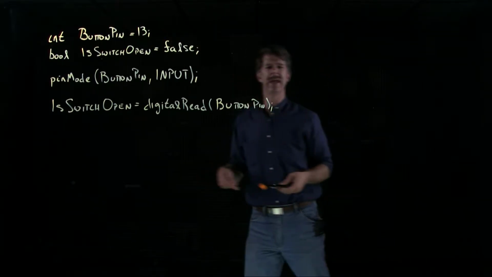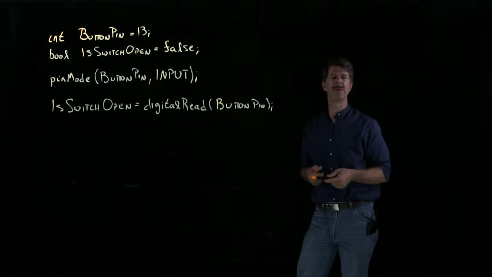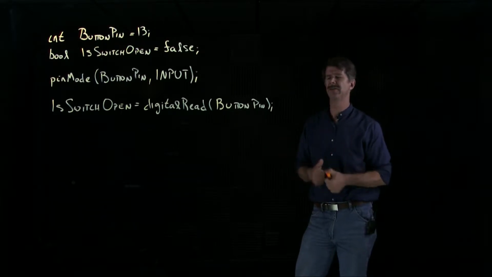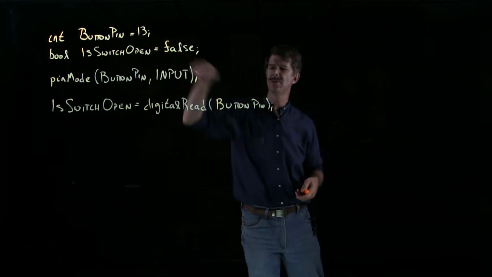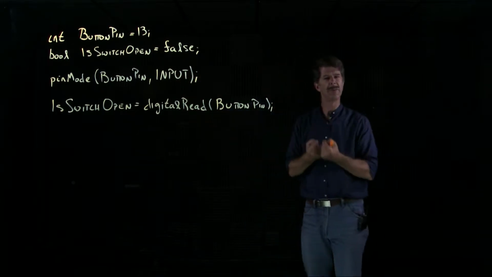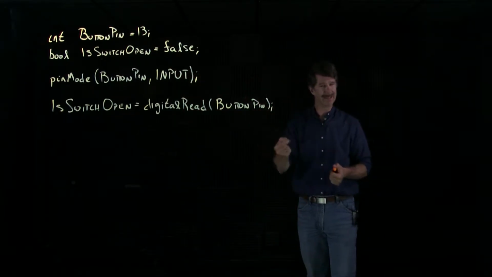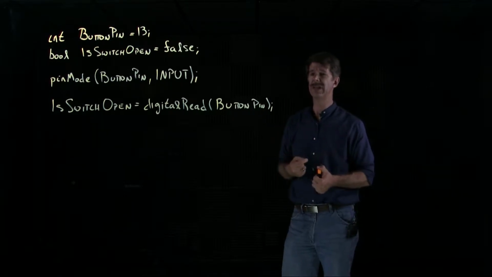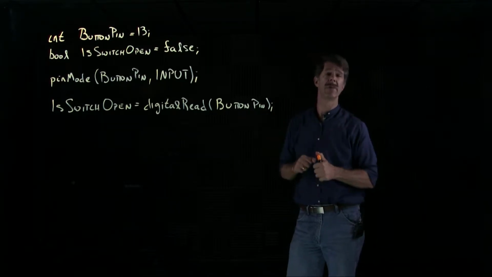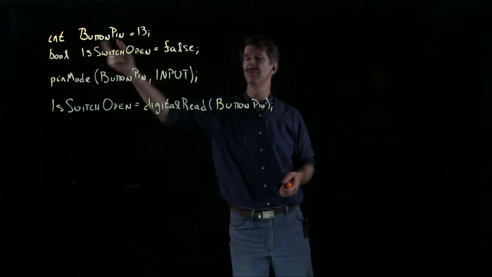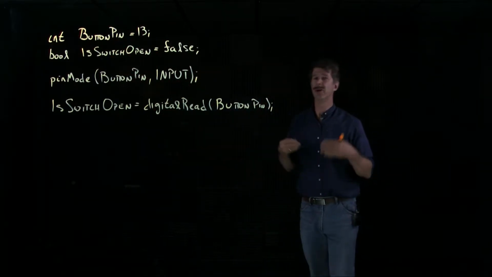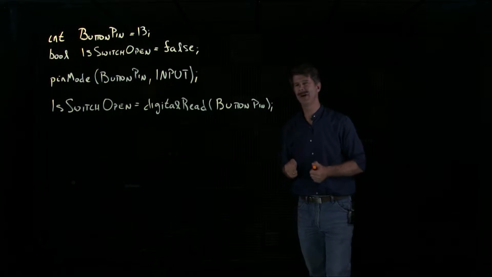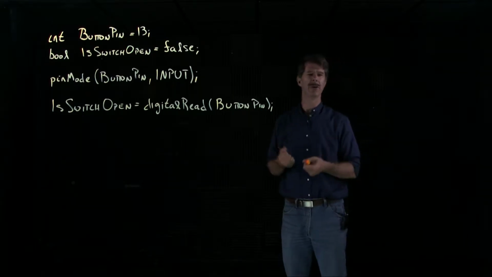I'm going to define at the beginning a pin that I'm going to use. I wouldn't have to do this. I could simply use the number 13, the Arduino pin 13, as the number 13 all the way through here. However, it will be a lot easier to read if, instead of 13 showing up all over the place, we give it some name that relates to its function. You are going to be the one having to debug your code, so be nice to you and make it